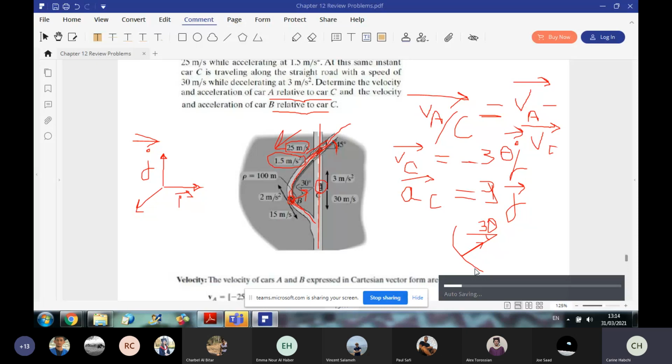Since I want to express it in i and j, I should decompose UT into i and j components. So I should know the angle it makes with the horizontal or the vertical. If you look back at your figure, UN makes 30 degrees with the horizontal. This means that UT will make an angle of 60 degrees with the horizontal, because UN and UT are perpendicular, a 90 degrees angle between them. So if I extend the line of action of UT,